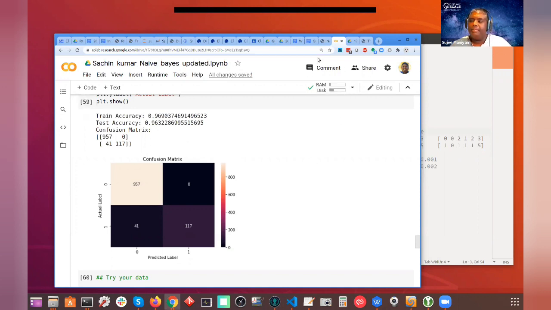Did anybody try naive-Bayes on any other data? I'm curious. Naive-Bayes does really well on text data, as you can see. Has anybody tried it on other data? Oh, okay. What kind of data is this? Interesting. I haven't seen the astronaut data. Do you have a link for that, Isray? That sounds pretty cool, the astronaut data. Oh, cool. Okay, COVID data.